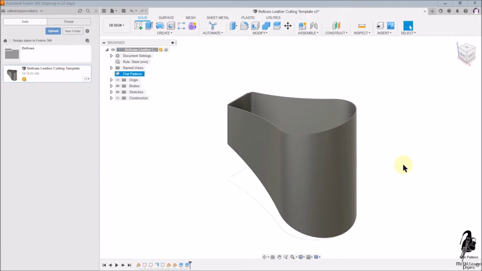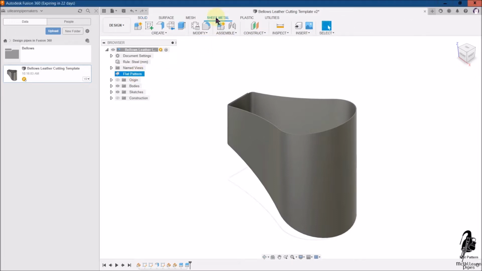We're going to meet a range of new things in this session, one of which is going to be a flat pattern, sheet metal, flanges, and a rule for the flange that sets the thickness of the flat pattern. You mightn't know what any of those things means at the moment, but you will by the time we finish the session. Okay, so we'll start off and we'll go to Bellows,